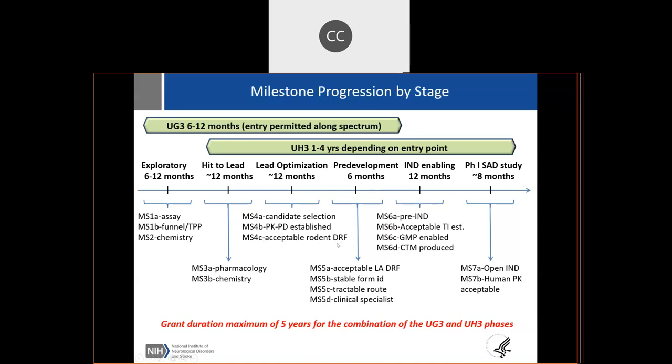So a lot of people say, oh, I'm at the development stage, but I really haven't completed this. And so when I see people come in, I say, please consider coming into the lead optimization phase and having these as your first year milestone to get things done, because it's going to take a while to scale your material up, to demonstrate the DRF and everything in that first year. If you truly have all of that data done and you already know where you're at, then you'd be in our pre-development phase where you could do large animal, like dog, DRF studies.